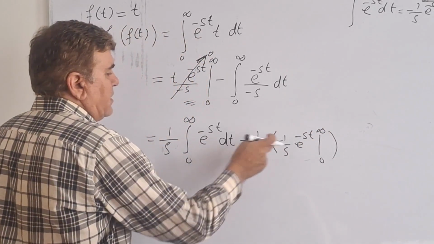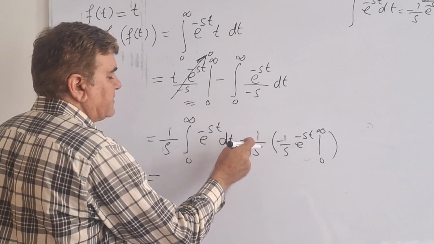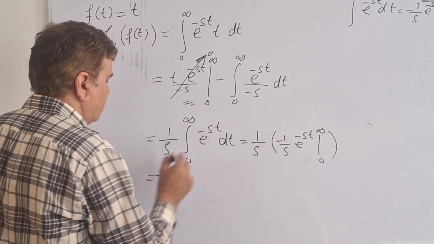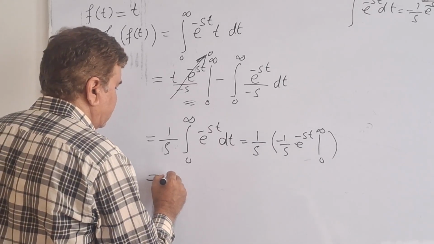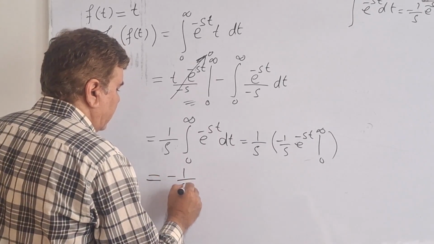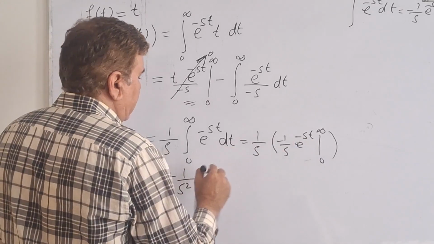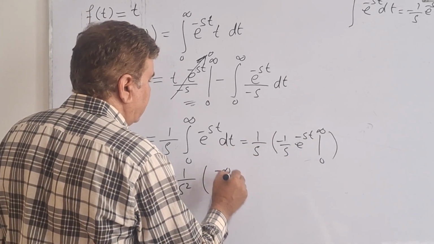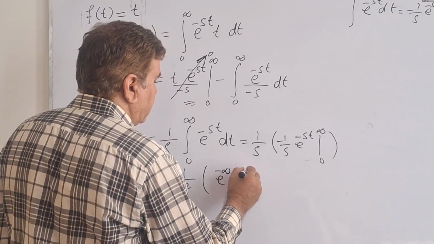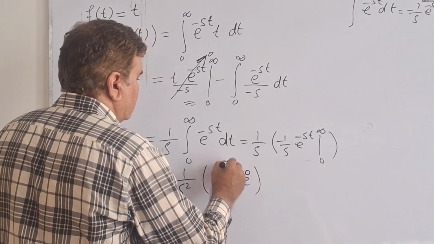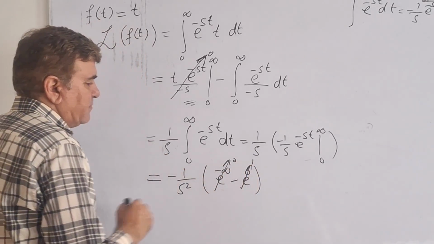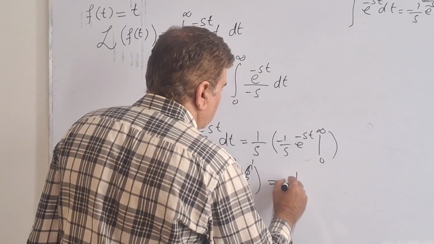So this minus taken out of the brackets, and s with s would make it s squared. So I write this as minus 1 over s squared, and I put the limits, so it gives me e to the minus infinity minus e to the 0. This thing goes to 0 and this thing is 1, and this minus with this minus is plus, so we are left with 1 over s